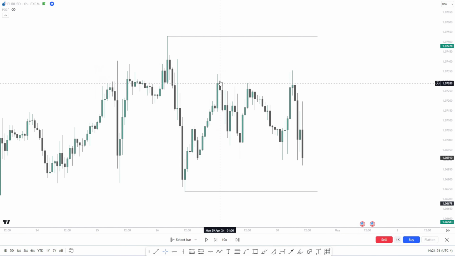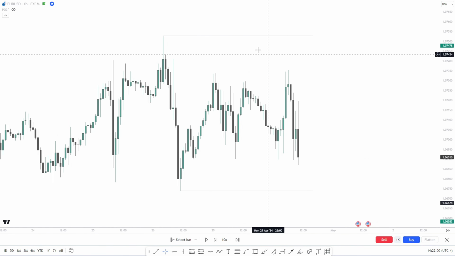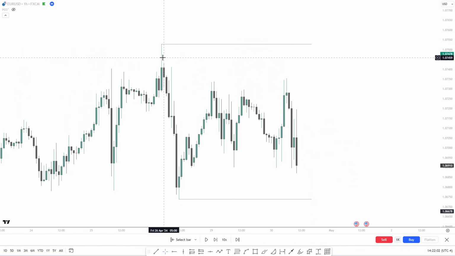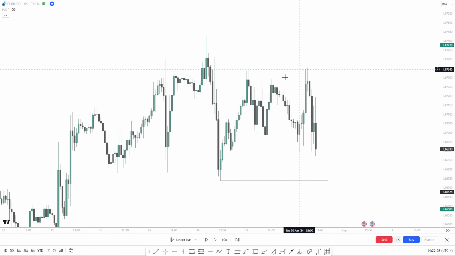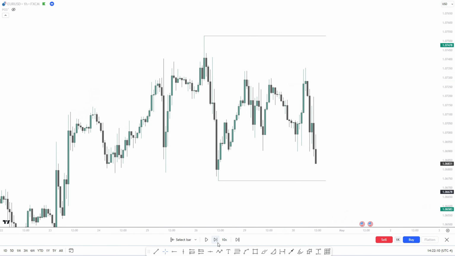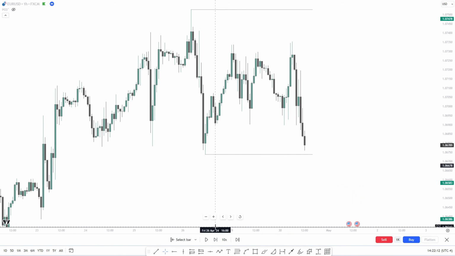All right, so this is a live example that I have traded, and this is EURUSD actually. And if we look into this one right here, we can see a very clear range, right? We have a very clear range. I mean, it can't get any clearer than this. Now, if I move it forward,